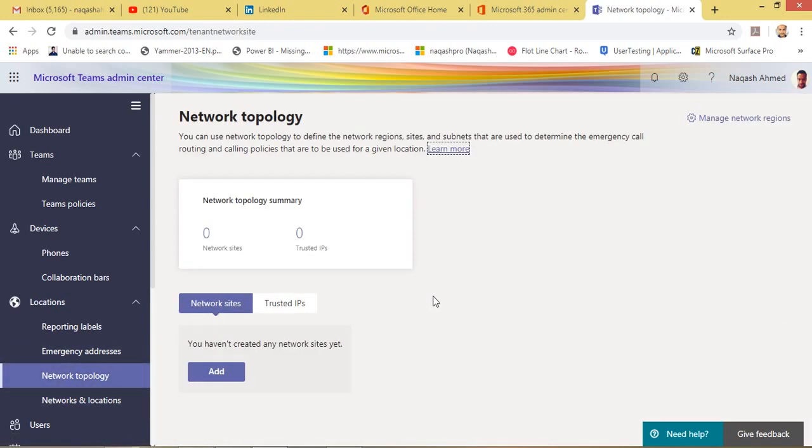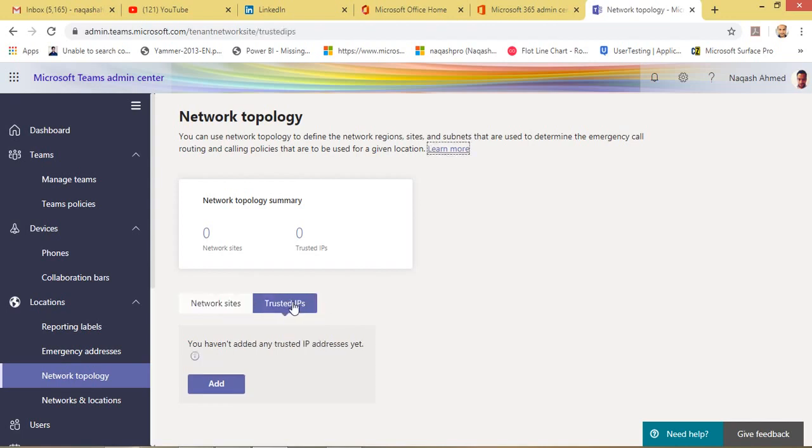Network topologies, same as I discussed in the first section. If you have any network topology applicable in your organization, obviously in most organizations there is a controlled environment, a controlled network, because we have vnets, subnets, and certain firewalls. So you can deploy your network sites, your network topologies, and even your trusted IPs, which will be able to use Teams here.